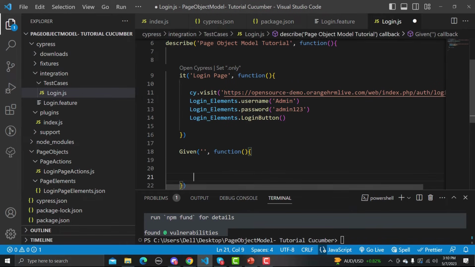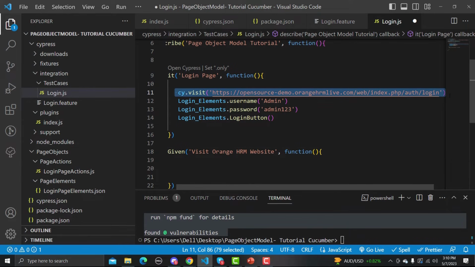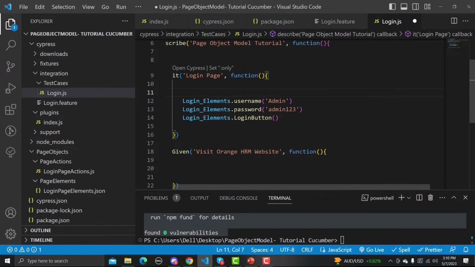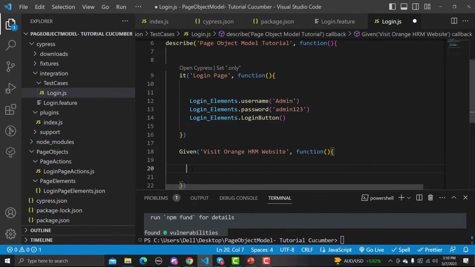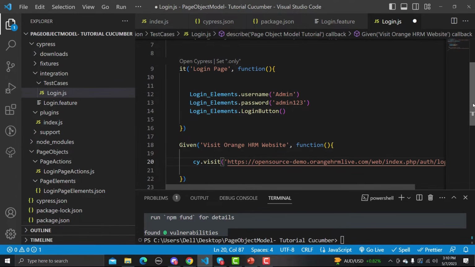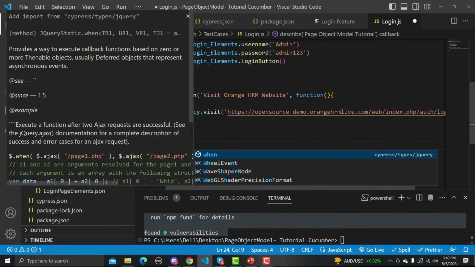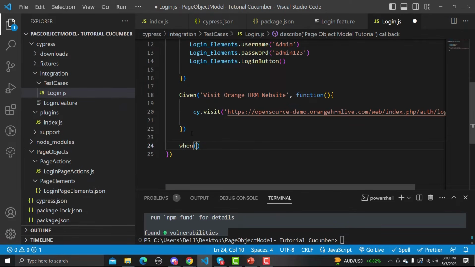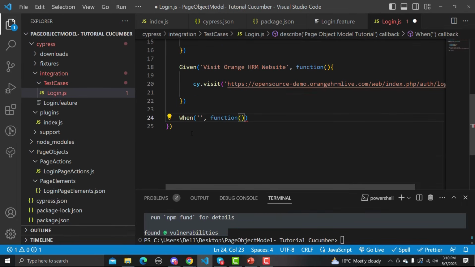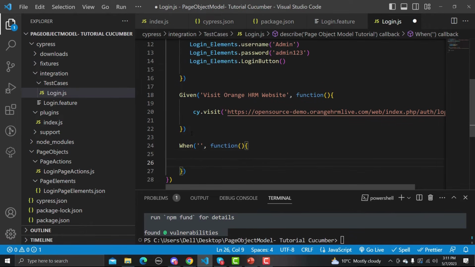So let me copy this one and paste it here, and inside this one I will be moving this part from here. Remove this one from here and paste it here. And similarly for the rest of the steps we will do the same. And here now we need a when, and inside the when in the same way, followed by a callback function and the body of callback function.